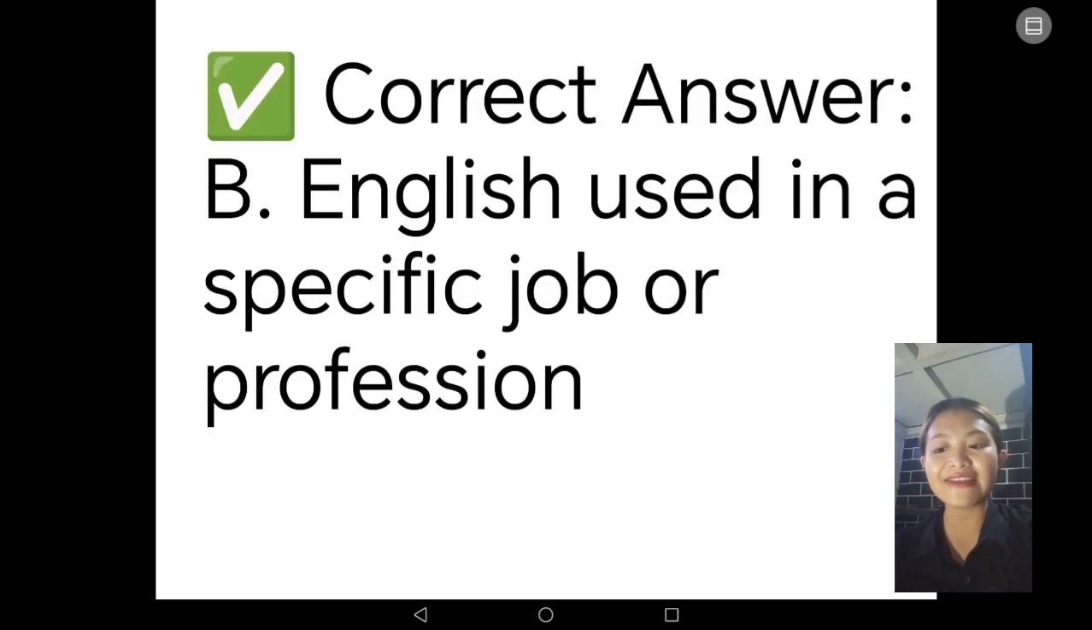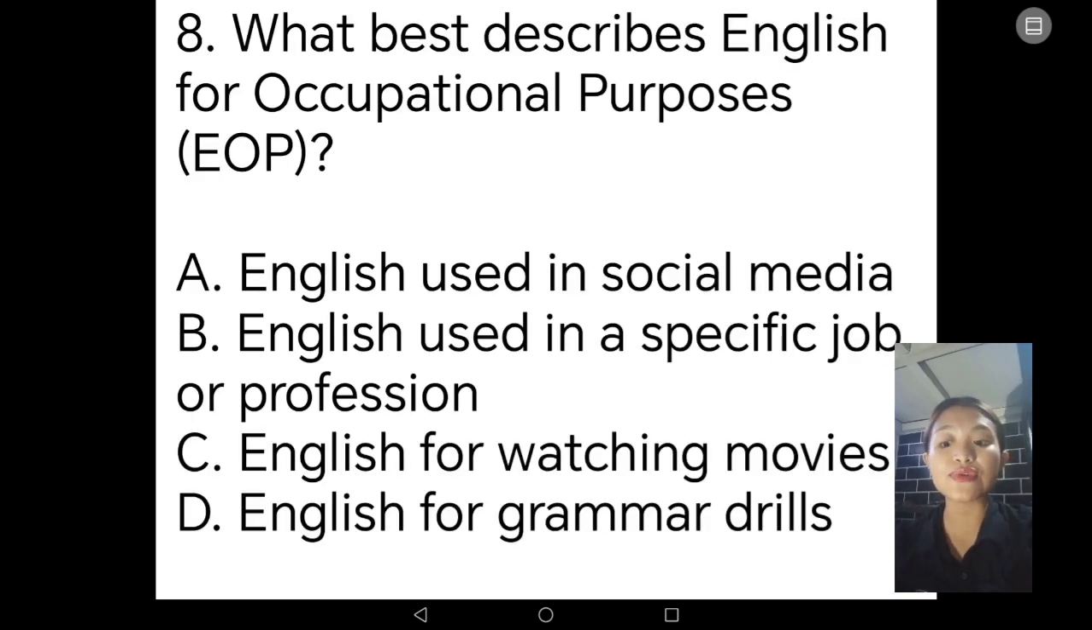Okay, the correct answer is letter B. English used in a specific job or profession. Because EOP is about helping learners to use English effectively in work environments, for example, flight attendants, doctors, or hotel staff. So letter A is not the correct answer, obviously, because social media language is informal and